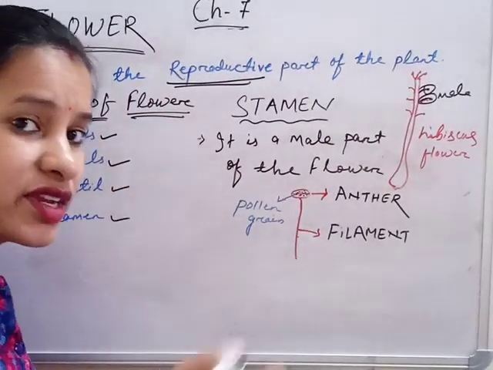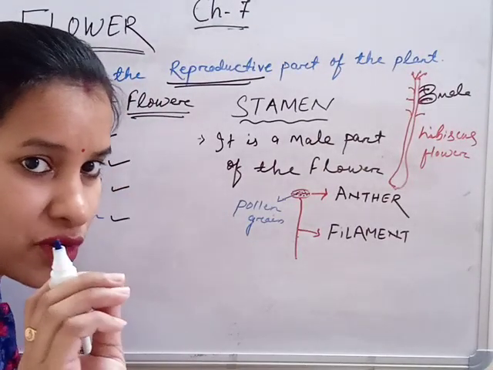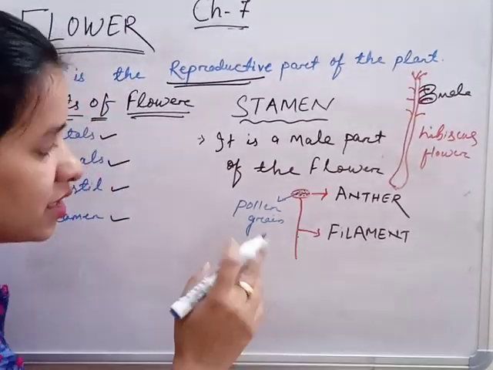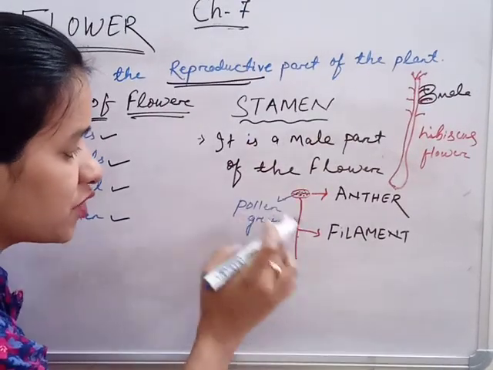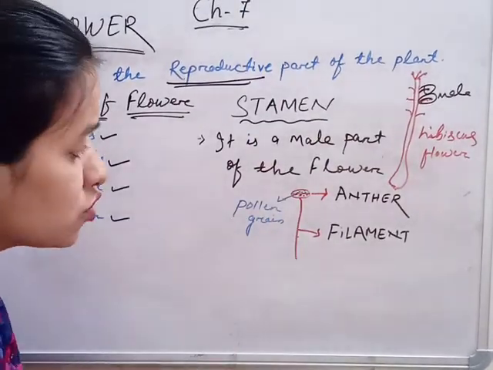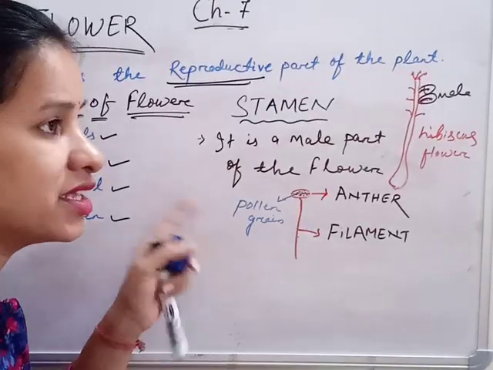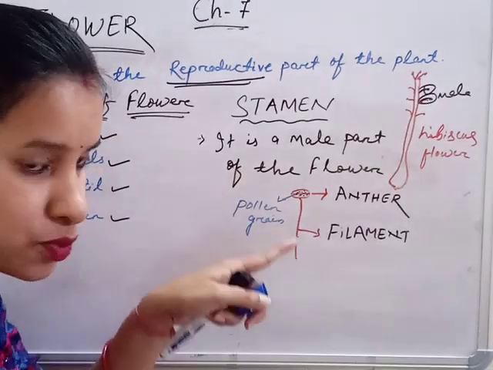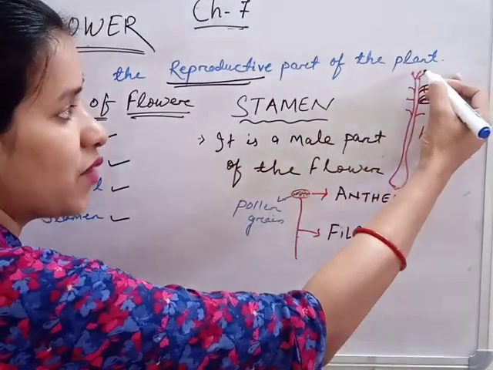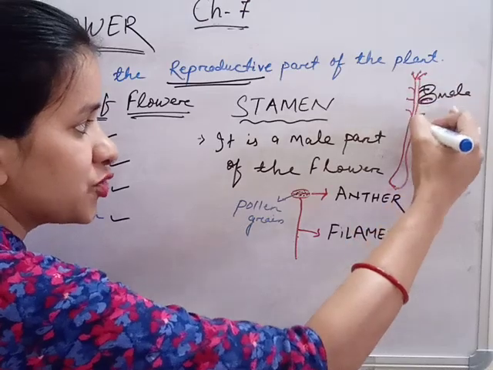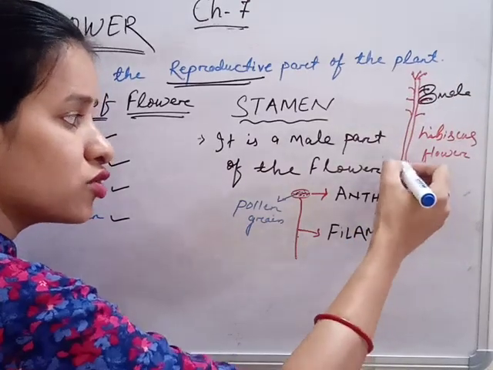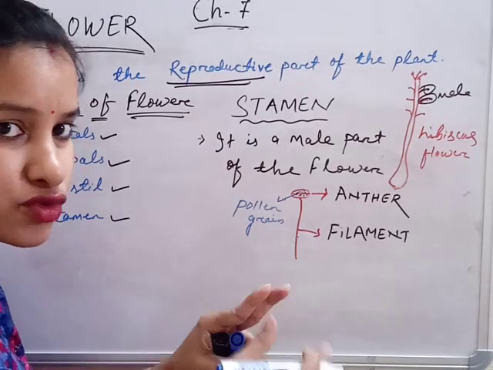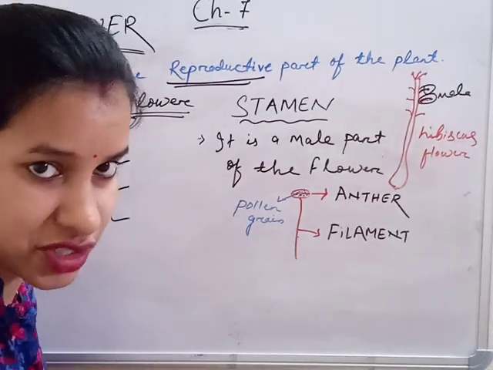Okay. So in the ovary we have ovules, the small grains inside, which is the female part. And here in the stamen we have pollen grains, which are dust-like structures. This pollen, either by bees or by wind, is transported to the stigma of the female part, and through the style it reaches the ovary. Once it reaches the ovary, it mixes with the ovules and they fuse. That process is called fertilization.